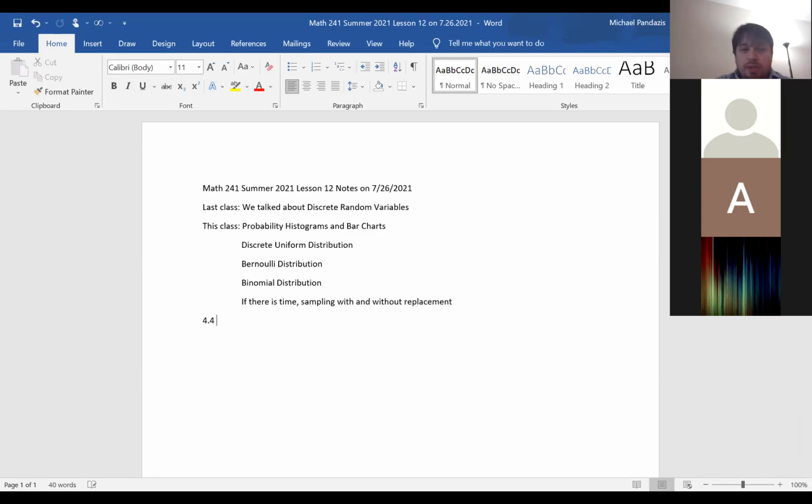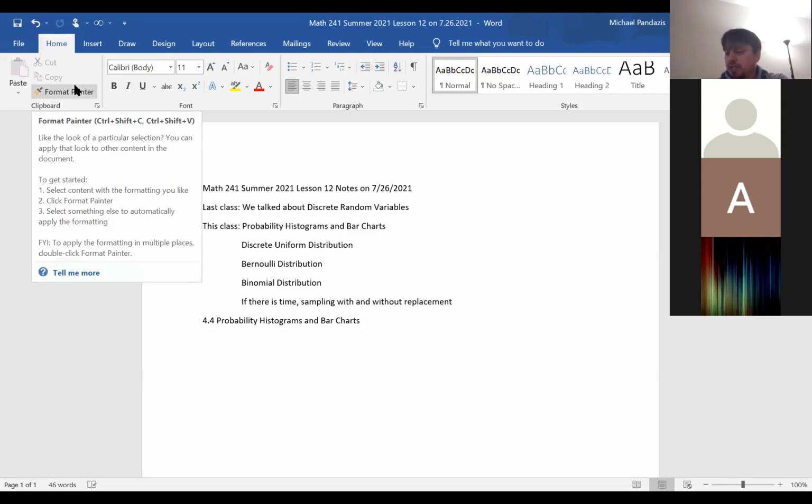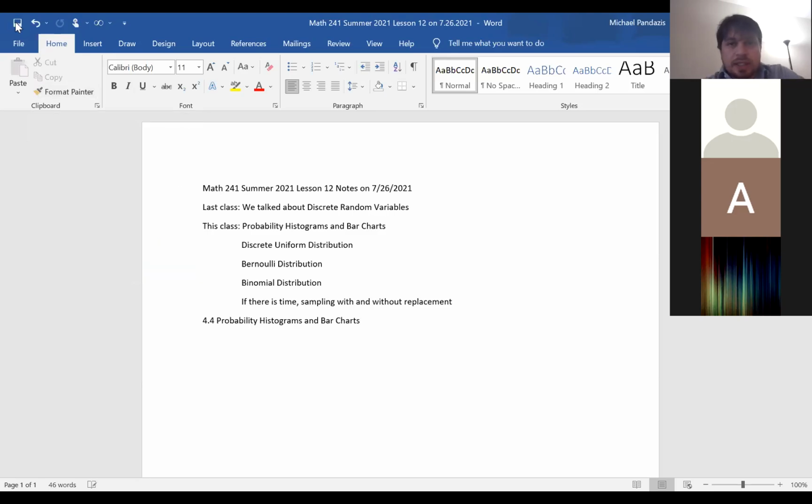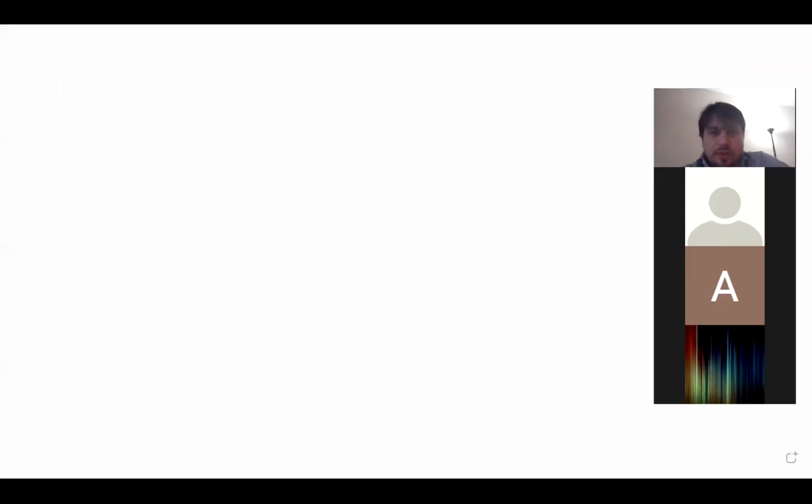Okay, so let's start with 4.4 probability histograms and bar charts. Okay. So what I'm going to do on the whiteboard is draw an example of both a probability histogram and a bar chart. So let's go to the whiteboard. Okay, so to the whiteboard,